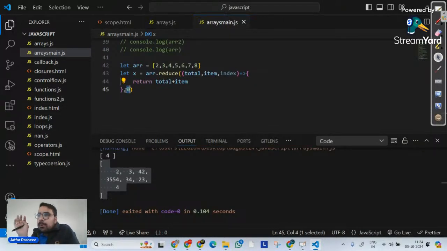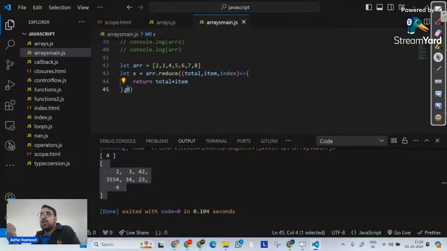So when we talk about reduce, the agenda and intention is very simple. We want to implement an operation on an array so that the whole array will be reduced to a single accumulated value, a single result. Now, when we say single result, we can perform addition, multiplication, or any other operation there, right? And the callback function that reduce receives takes three arguments.